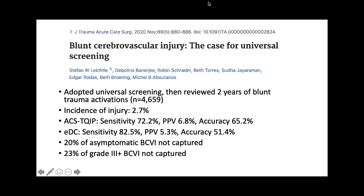So this was a study that came out in 2020 that looked at a single center's experience prior to universal screening and then after. It's a retrospective study comparing the same center and, in theory, the same practice pattern, except for the implementation of this universal screening criteria. Once they started universally screening these patients, they compared various criteria for the more selective screening, and they looked at how many injuries they would be catching and how many they would be missing. They found that even with the extended Denver criteria, up to 20% of these patients